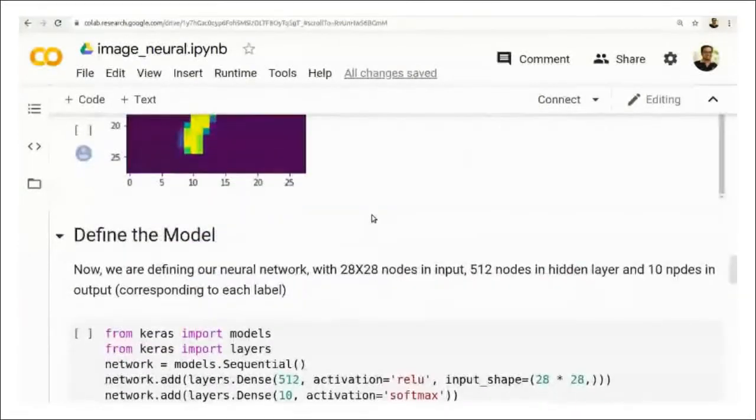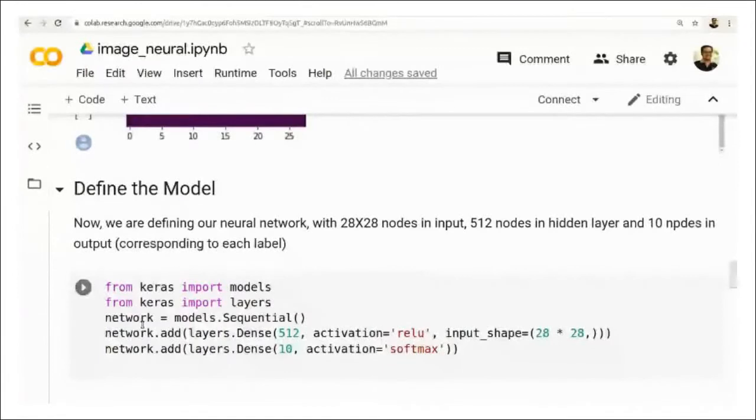The experiments you can do here: you can create your own model. You can add new layers. You can try different activation functions. You can increase the number of neurons here, or you can reduce the number of neurons. You can see what changes will happen in the results. And when you are adding new layers, that becomes your own model.